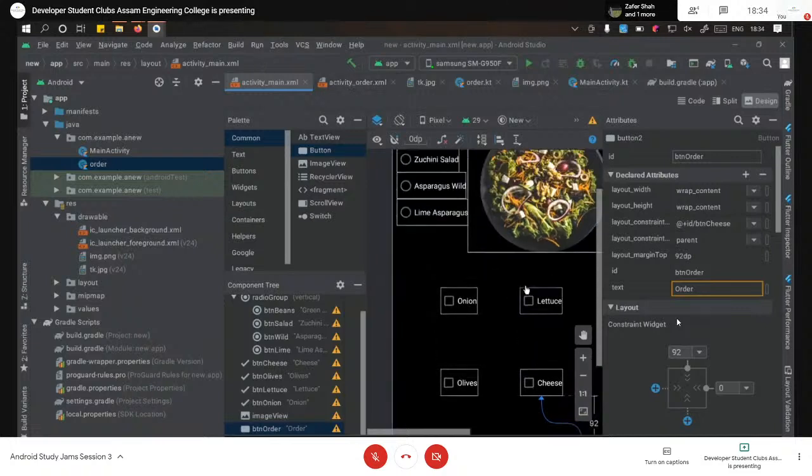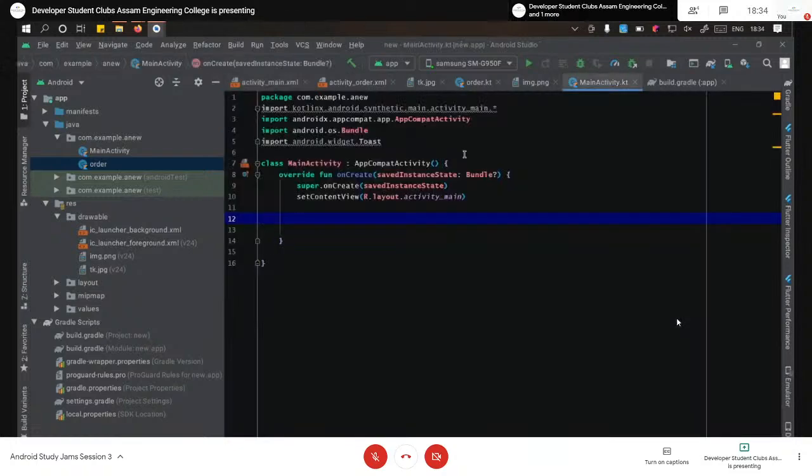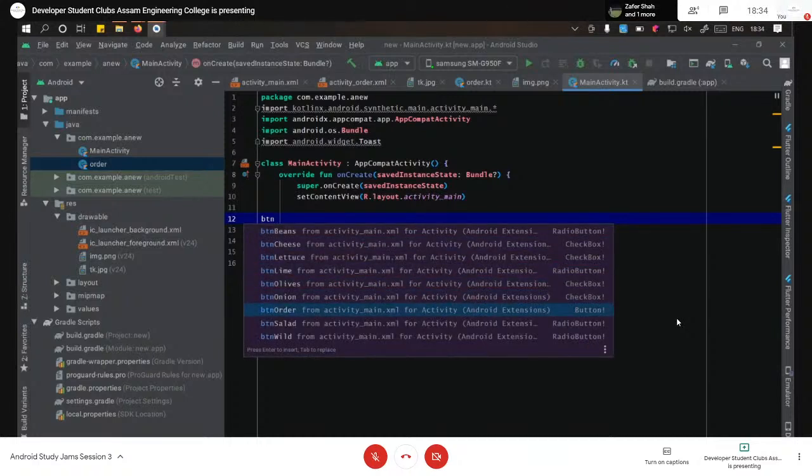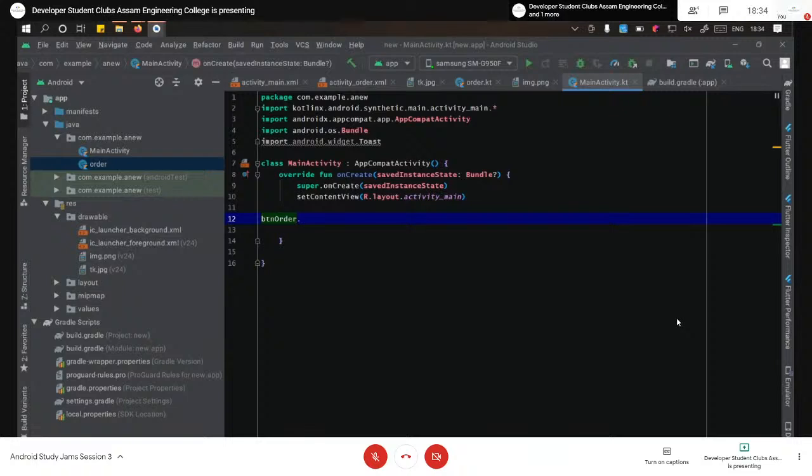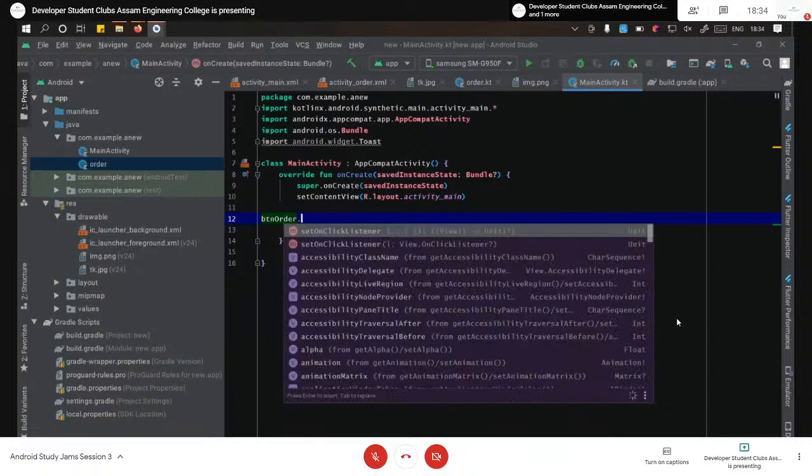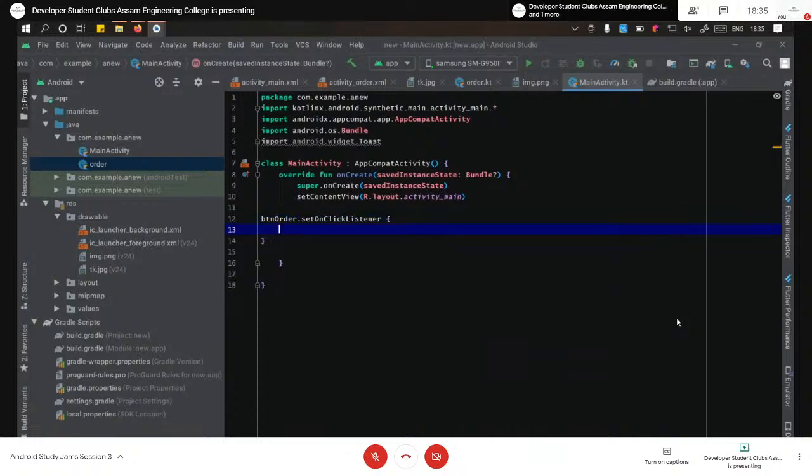For that, we have to go back to our main activity file, then buttonOrder dot, then I use setOnClickListener, then first of all I will give a toast,